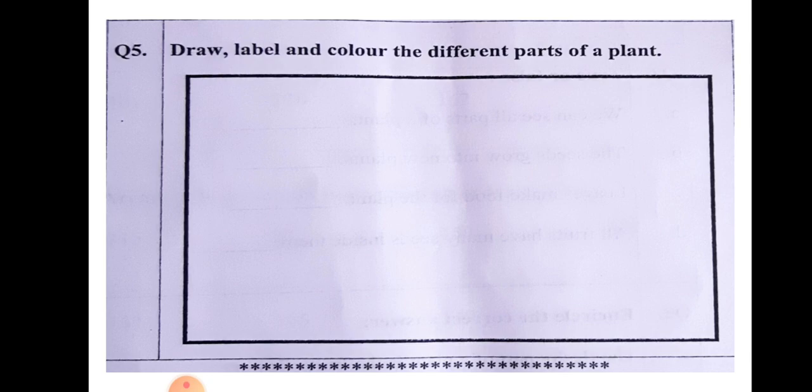Okay. So please revise. Roots, I am again explaining. Roots hold the plant to the ground. Two function है बेटा root का. Number 1, roots hold the plants to the ground. Number 2, absorbs the water and other nutrients from the soil. Then leaves make food for the plant using water and sunlight. And stem carries water to the leaves. And different parts of the plant can come. Plant will be made and the parts लिखना पड़ेगा.